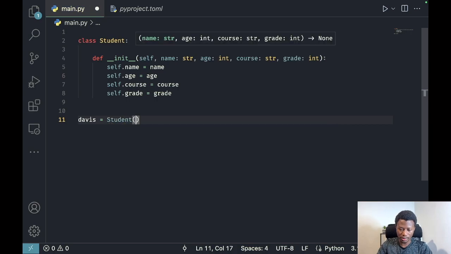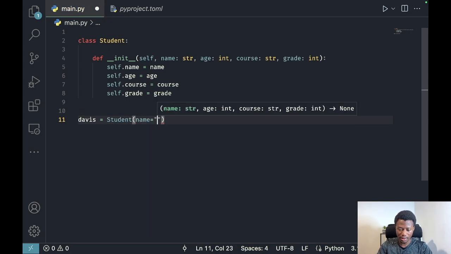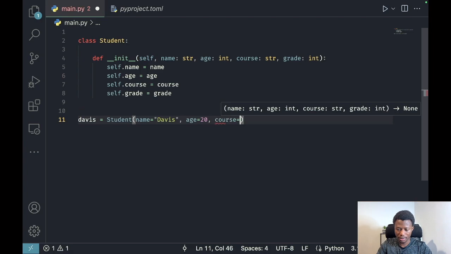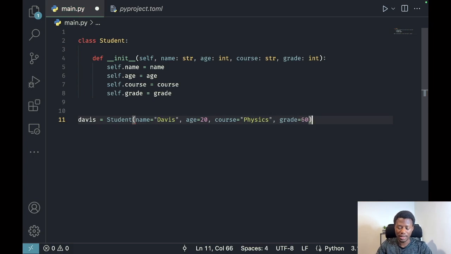To do so, we are going to say, of course, we need name. Say name is Davis. Say age, and let's say age is 20. Okay, and let's say the course is physics. Interesting. Let's say grade. Let's say he got a really good grade, so let's say he got 60, right? For the grade. So we can do something like print